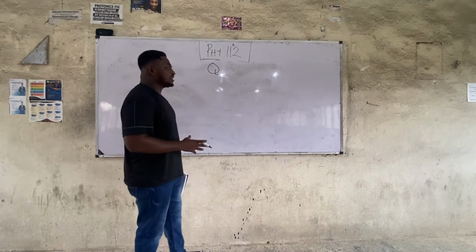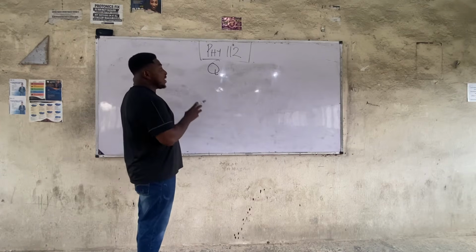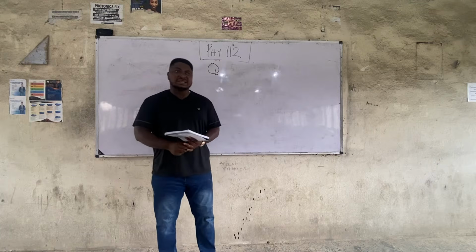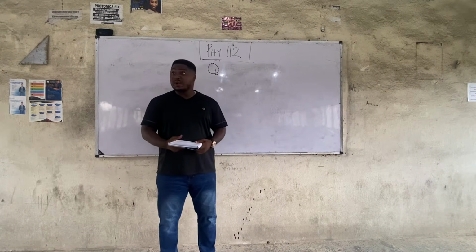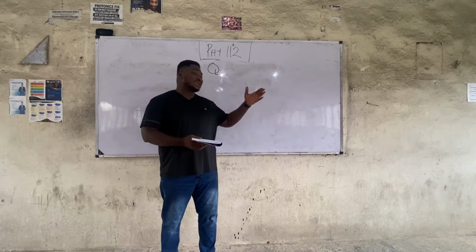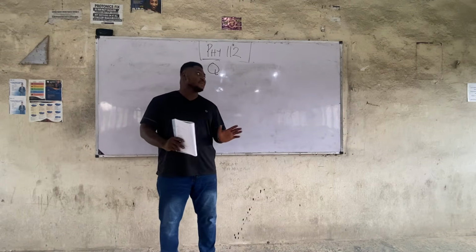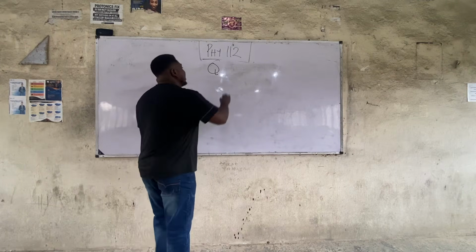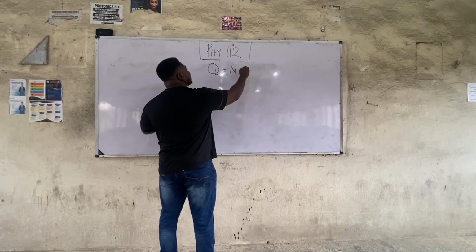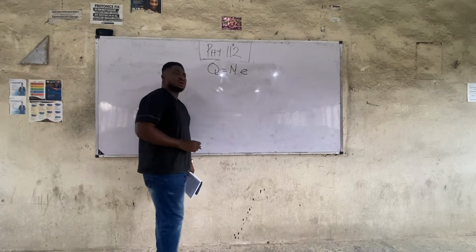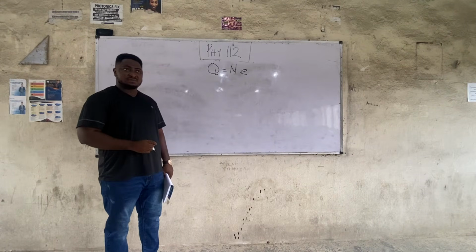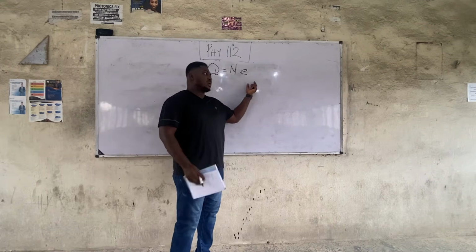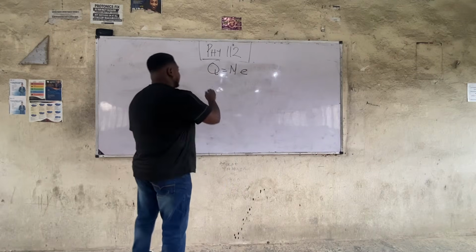Class, we're talking about electric charge and electric field, about quantity of charges. How are charges generated? Charges are generated when there is transfer of electrons from one material to another. So the quantity of charge generated is the number of particles N times the electronic charge e. The first formula for quantity of charge is Q equals N e, where Q represents the quantity of charge,